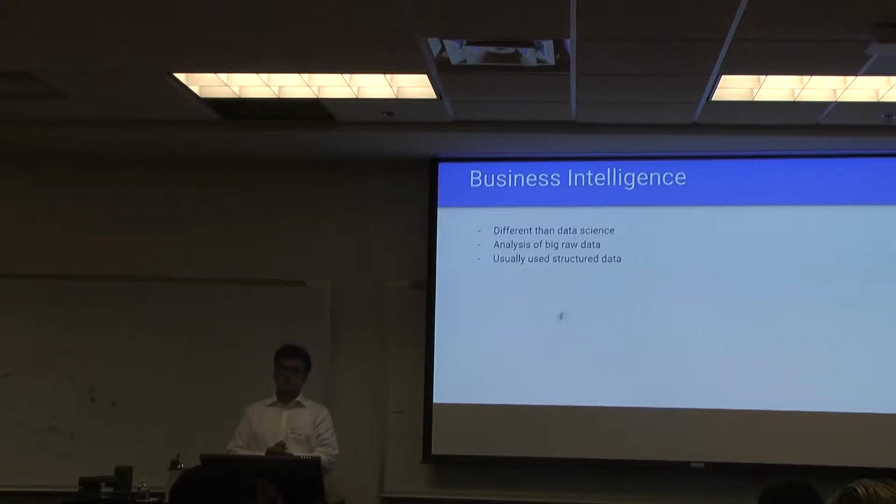Okay, so next is business intelligence. So business intelligence is basically like the old school data science, where if you are into business intelligence, it's very easy to switch to data science. But the difference between business intelligence and data science is that business intelligence is working with structured data and only structured data, while data science is working with both structured and unstructured, right? So that means that business intelligence is working with databases and different types of structured data, while data science can work with structured data as well as unstructured data, which could be pictures, videos, stuff like that.